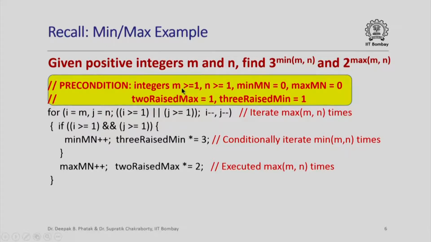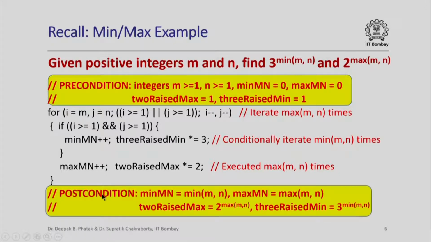there are these integers m which has to be greater than or equal to 1, n has to be greater than or equal to 1. The problem specification itself says that they must be positive. Min mn and max mn were both initialized to 0, 2 raised to max and 3 raised to min were both initialized to 1. So this is the precondition. These are the relations on the variables that hold prior to entering the loop, and after I have executed the loop I want this post condition to hold,